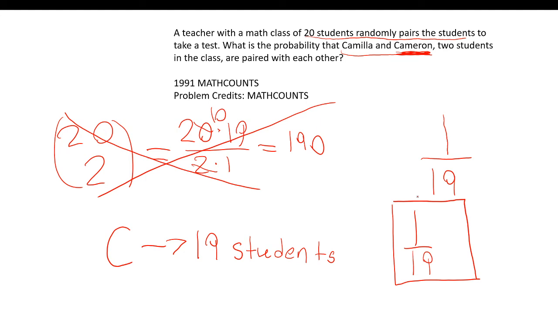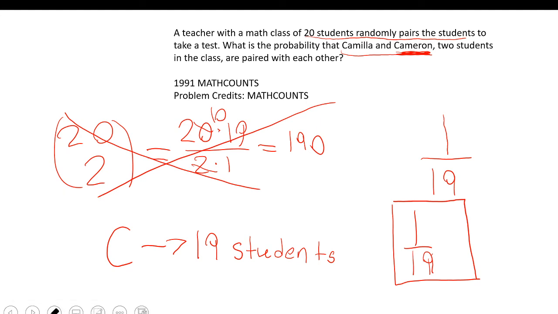We didn't need to do any complicated combinatorics to get to the answer. We have our answer, which is 1 over 19. And that shows how you can simplify the problem by just waiting and thinking about a better way to do the problem. Some people might call this common sense, but most people will try to overthink it,